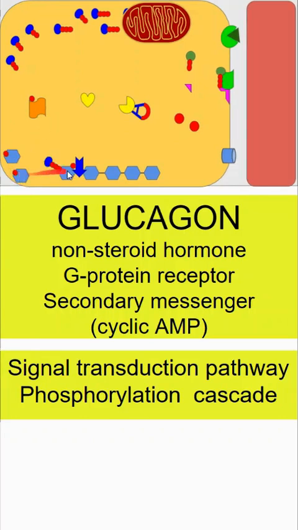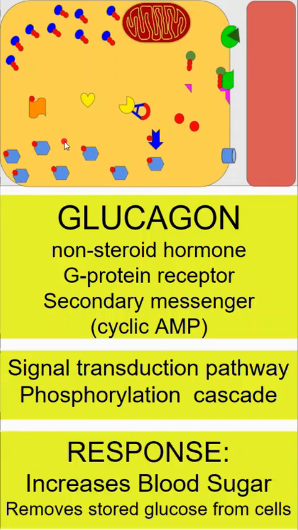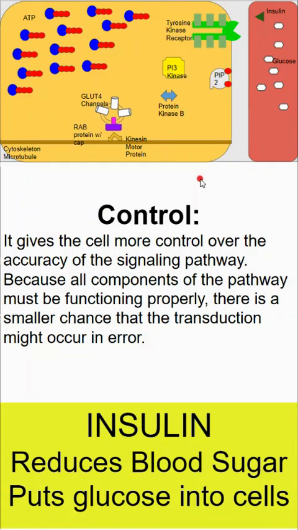And we have these hexagons here. This is stored glycogen. And as this process happens, the glycogen is broken down into individual glucose molecules, which will then cause the response, which would increase the blood sugar and remove stored glucose from the cells. So as we go through this, another idea to consider is that there's a lot of steps, which allows for